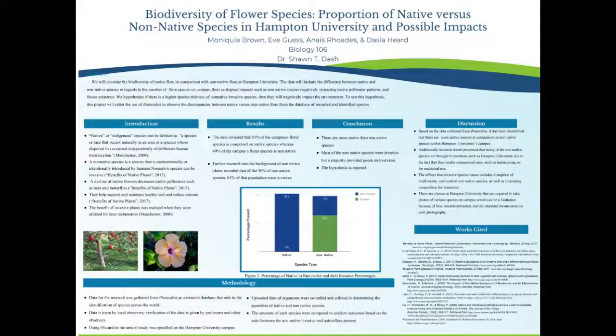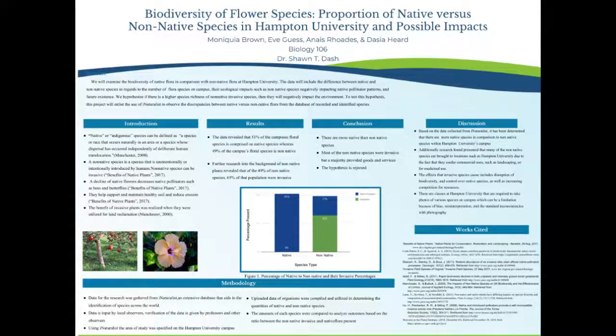For the introduction, in order to define the terms used in this research, we did external research and found for this project, native species is that which naturally occurs in an environment. A non-native species is that which is intentionally or unintentionally introduced by humans. And an invasive species is that which is a harmful non-native species, measuring harmfulness to the surrounding native species. This research gave us the basis for how we went about researching and identifying the roles and impacts of the